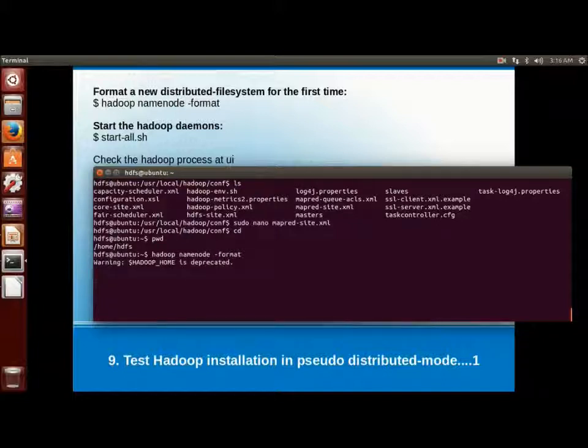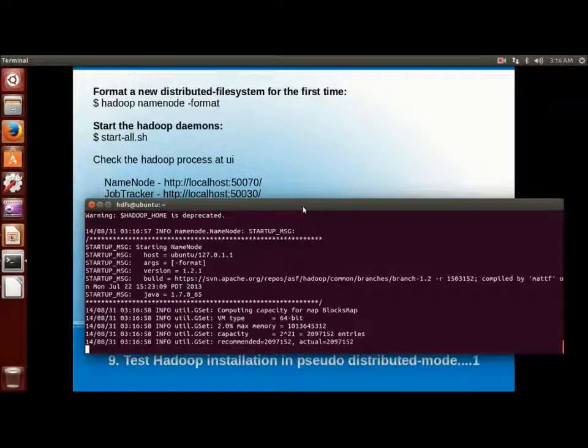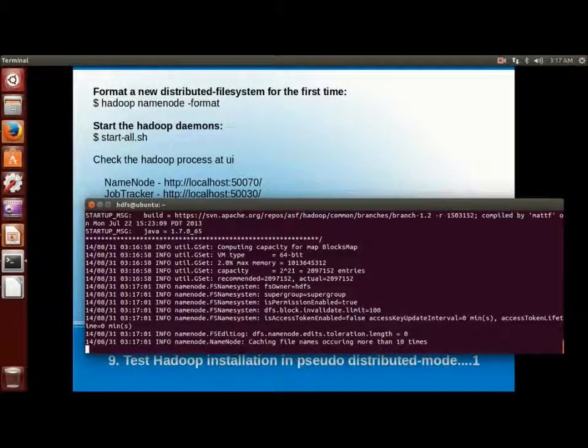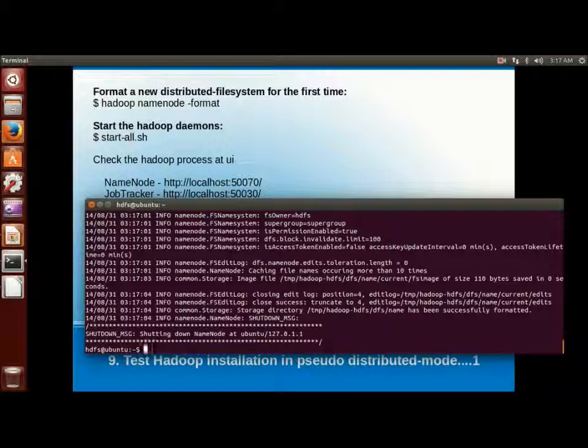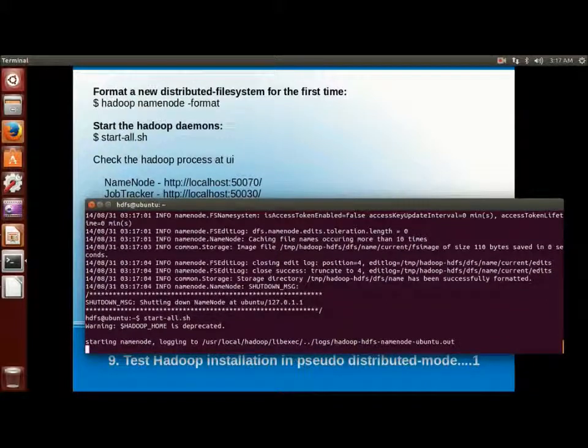So we are at the home directory of HDFS, and for the first time when you are running the Hadoop processes, we have to format the name node. That means format the HDFS file system. So the command is hadoop namenode -format. The name node process will take format as an option. Okay, and we can check these processes on the web UI at 50070 and 50030.